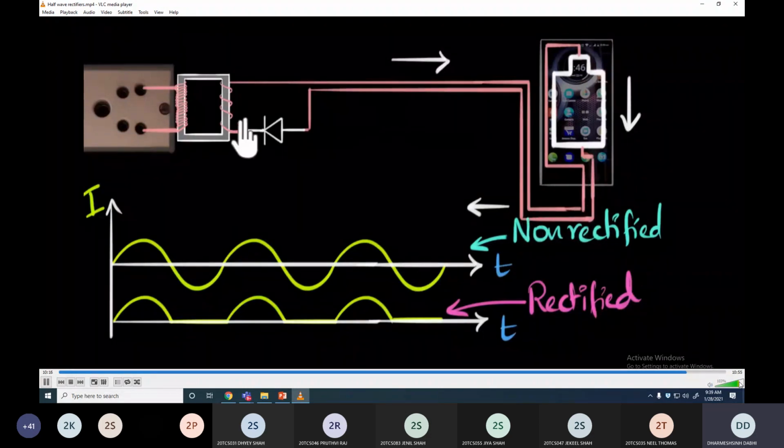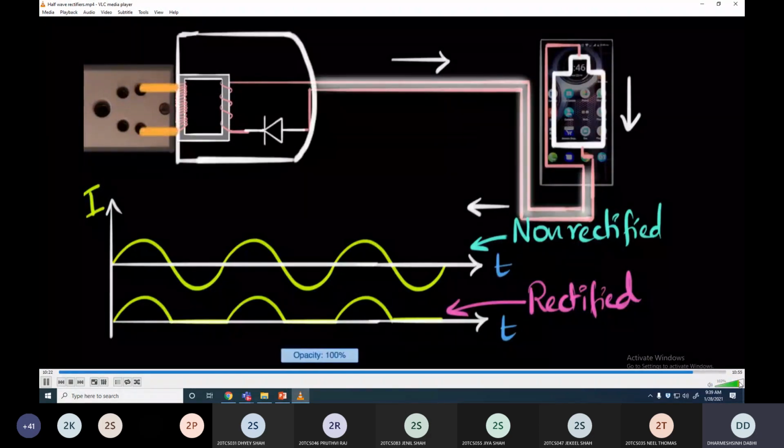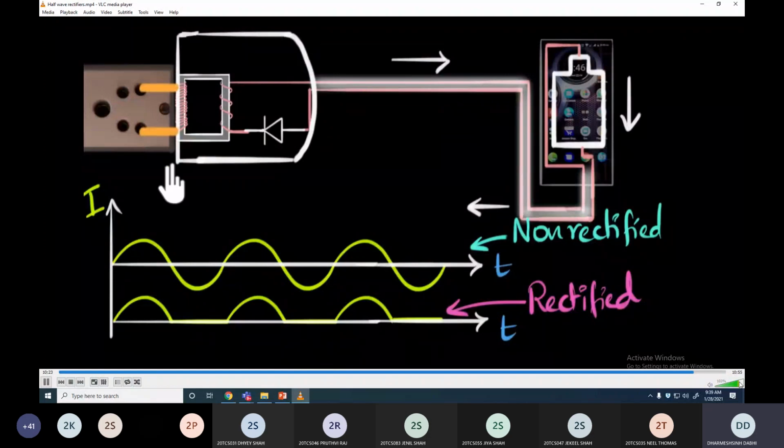This is packaged together. And where do you think are these transformers and the diodes? Well, they are found inside the adapter that we use. That's right, it's all packaged. Of course, there are more stuff today because we have better rectifiers, but all of those things are packaged in that tiny adapter. And again, this is bundled together so that end users like you and me, we don't have to worry about the science behind it at all. We can just plug in and charge our phones. Amazing, isn't it?